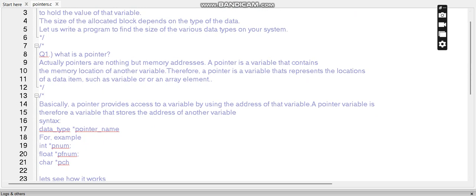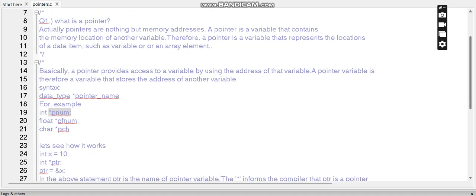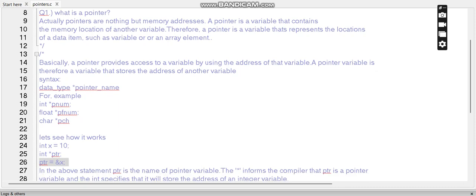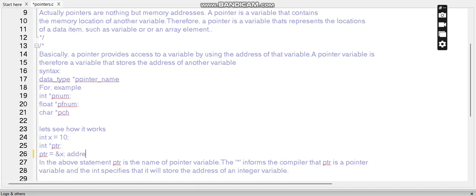This is the data type, integer type, with that pointer name. For example, int *pointer_number, float *floating_number. This way, this is the pointer declaration, with an asterisk before the variable name. Suppose x holds 10, int *ptr, then the pointer is allocating nothing but the address of that variable inside its own storage, and ampersand means the address operator. Here I am writing it. Ampersand means the address operator